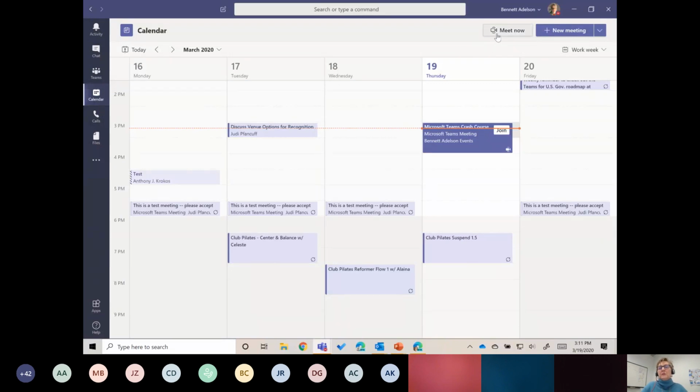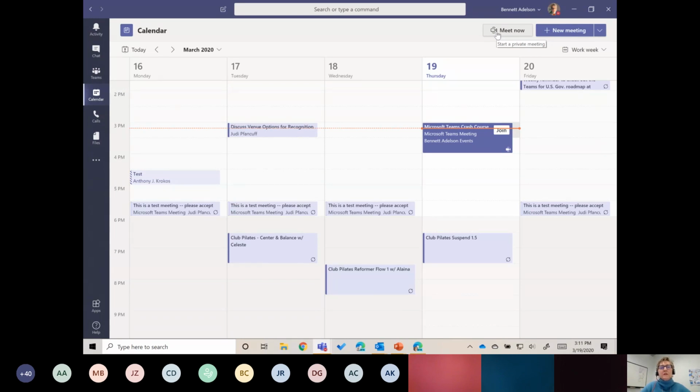And while we're here, I just want to point out the Meet Now button. I really like this. It's new. I don't know exactly when it started appearing, three or four months ago, maybe. We used to have this in Skype and I missed it in Teams, and now we have it. So this is great if you want to go into a meeting space, make sure your camera is pointed in the right direction, make sure your hair looks okay, whatever you want to see yourself. You immediately go into a meeting and you're the only participant. I'm not clicking the button because it'll take me out of the meeting we're in right now. But once you get there, you can also invite people to join you.